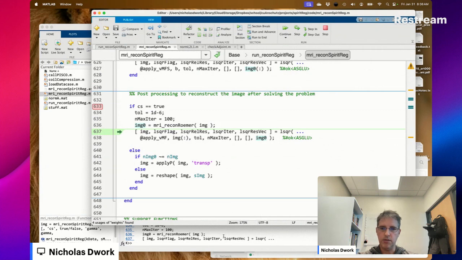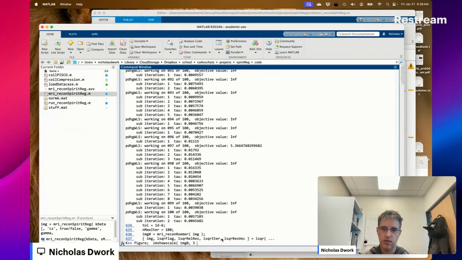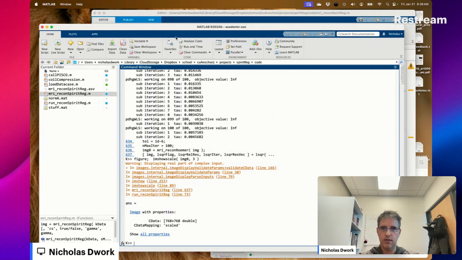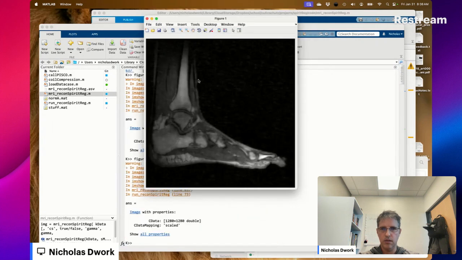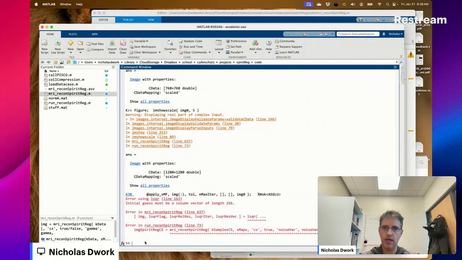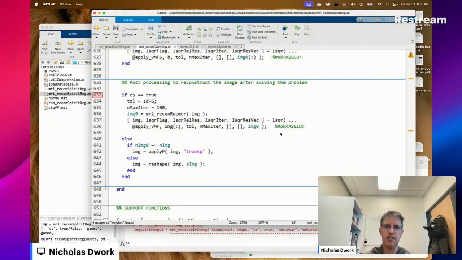What does the recon number do? That's not good. Or is it? Is that good? So that's a Romer recon. Ah. Initial guess must be a column vector of length 256.